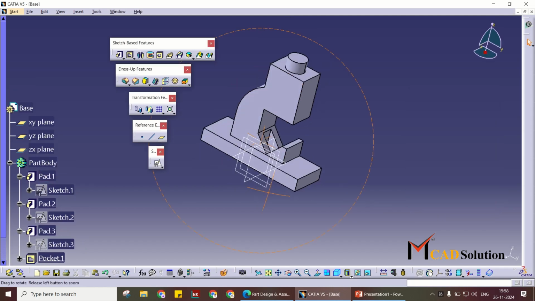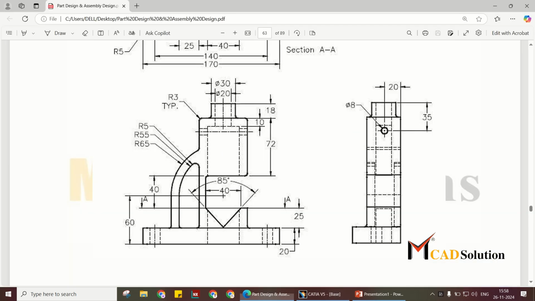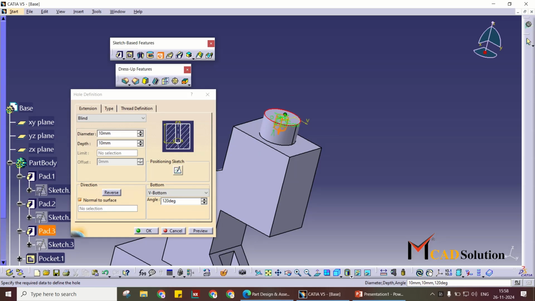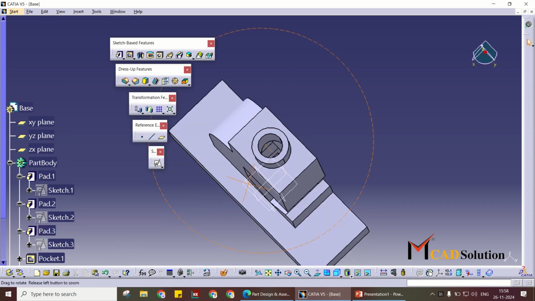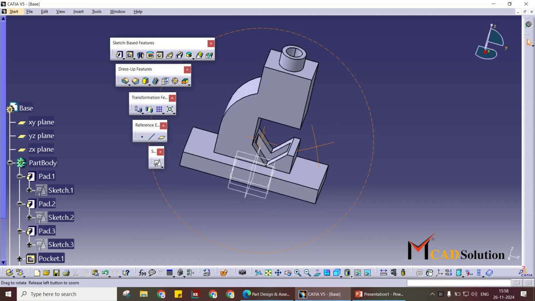Now it's time to add hole. Select edge and surface. Diameter is 20 and up to next. Okay. Another operation is again pocket.